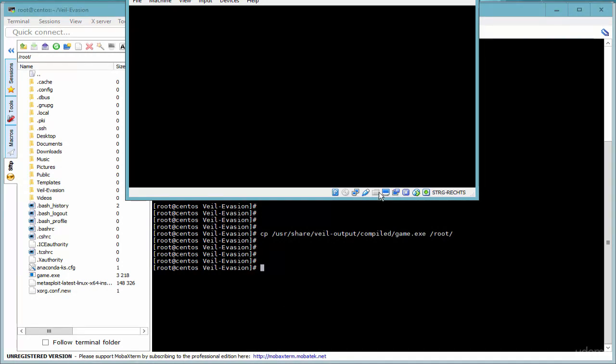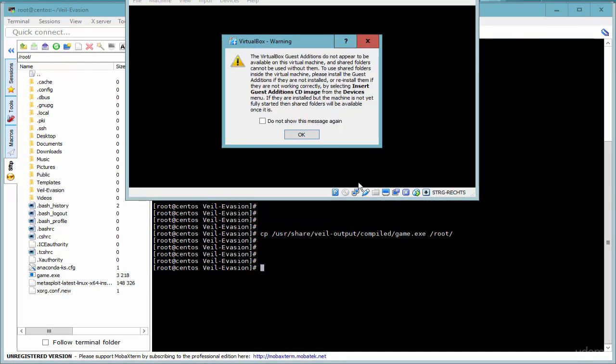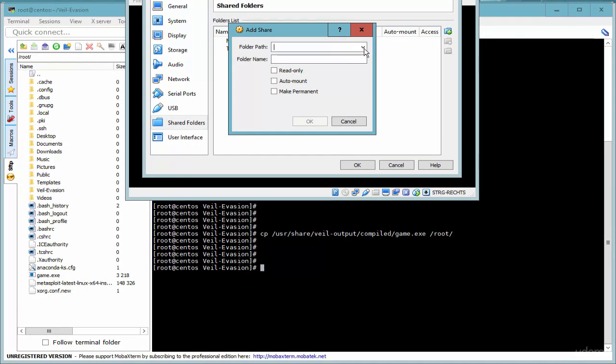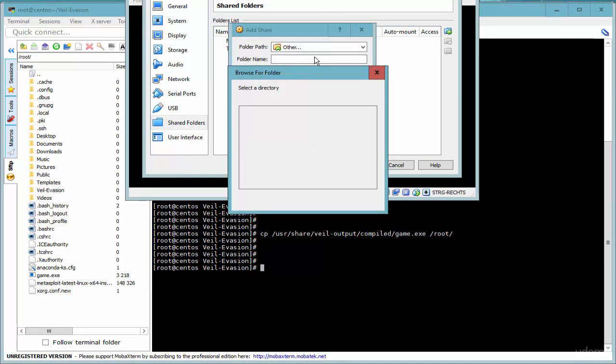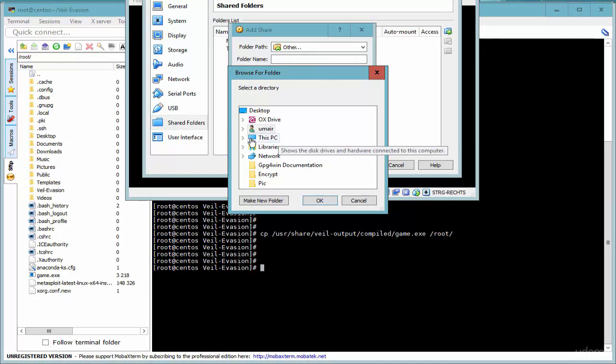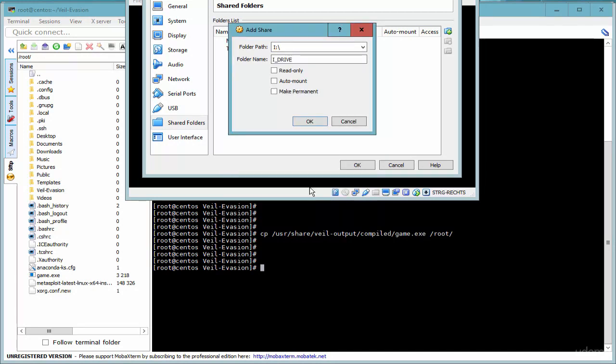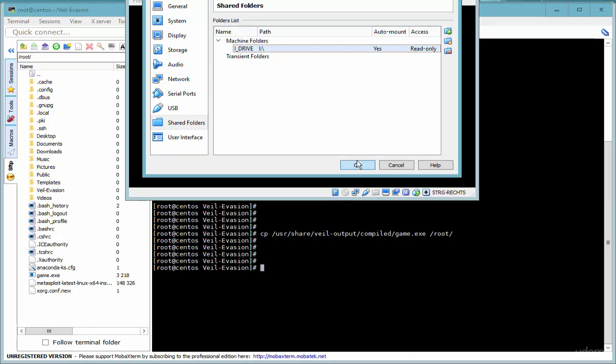So once we see the screen load up under shared folder settings, we click on machine folders, and here I can select the folder path, other, and folder name. Let's find the USB drive under this PC. Scroll down, here we have the drive, so I select that drive, make it read-only, auto-mount, and make permanent. Click OK, and click